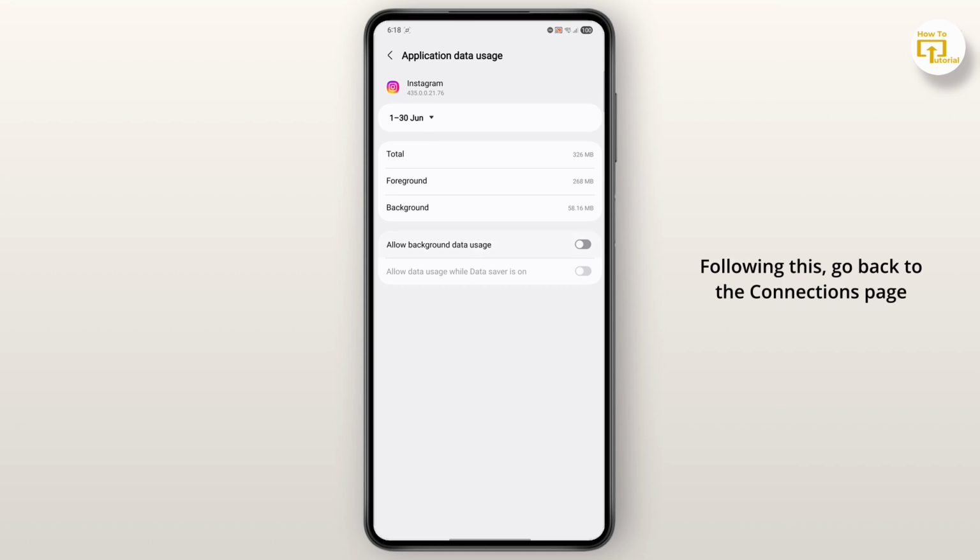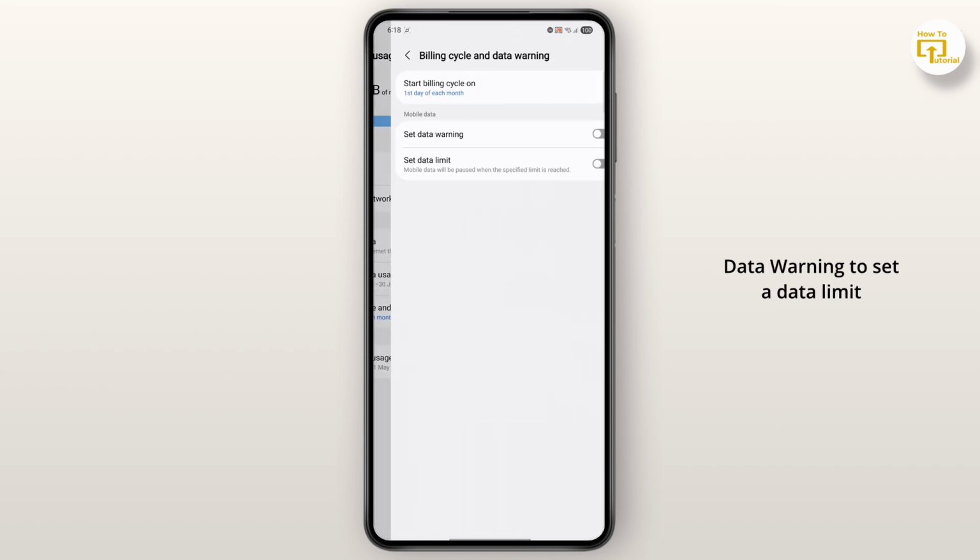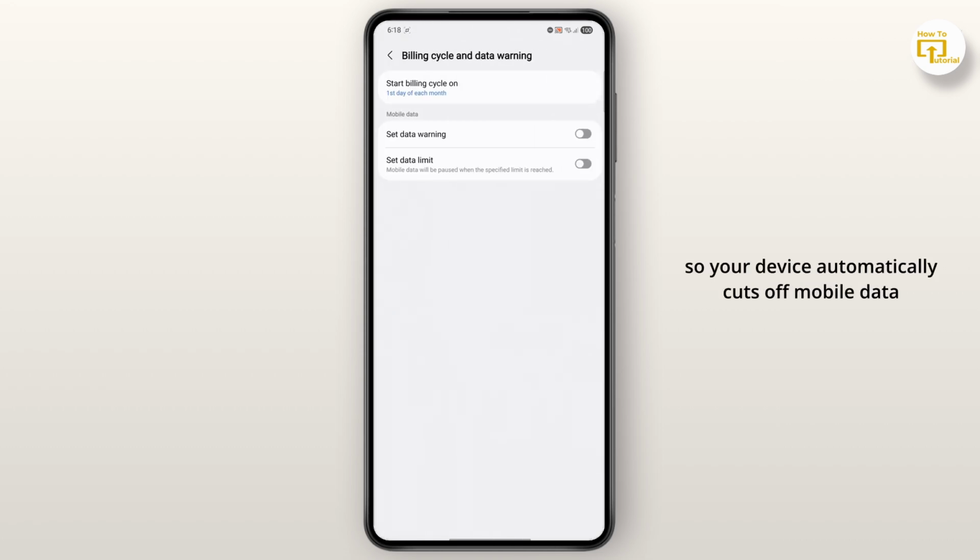Following this, go back to the Connections page and tap Data Usage again, then tap Billing Cycle and Data Warning to set a data limit so your device automatically cuts off mobile data